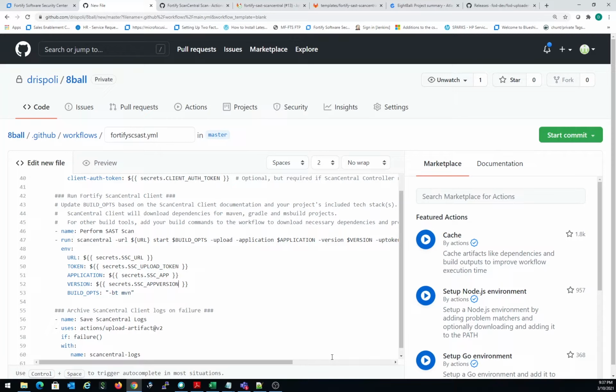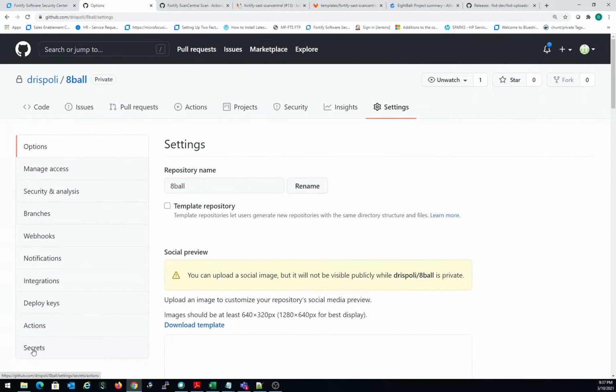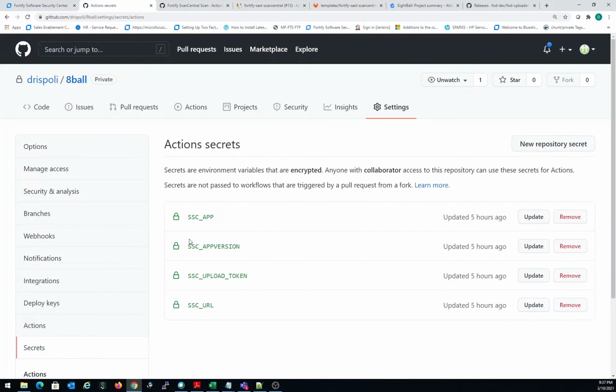and I'll be setting up those later before I run this workflow. And where I do this, after I save this file and commit this file, I won't do this because I have something already set up for us, but you can come here on settings, look for secrets, and create the secrets,